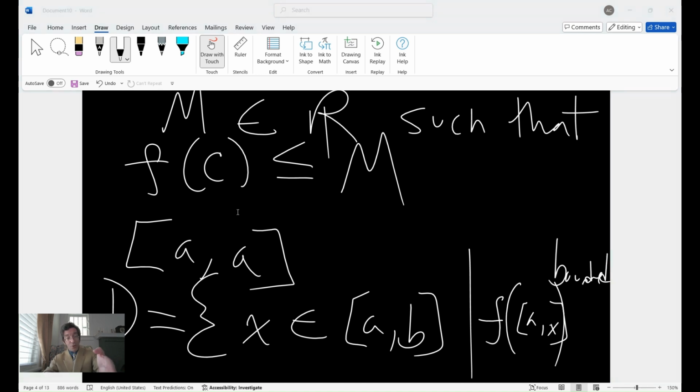So if you observe this, you can note that it's a collection of all those points up to which the function maintains its behavior, it maintains its decorum. So we have here a subset of this closed interval [a, b]. So D is certainly bounded,